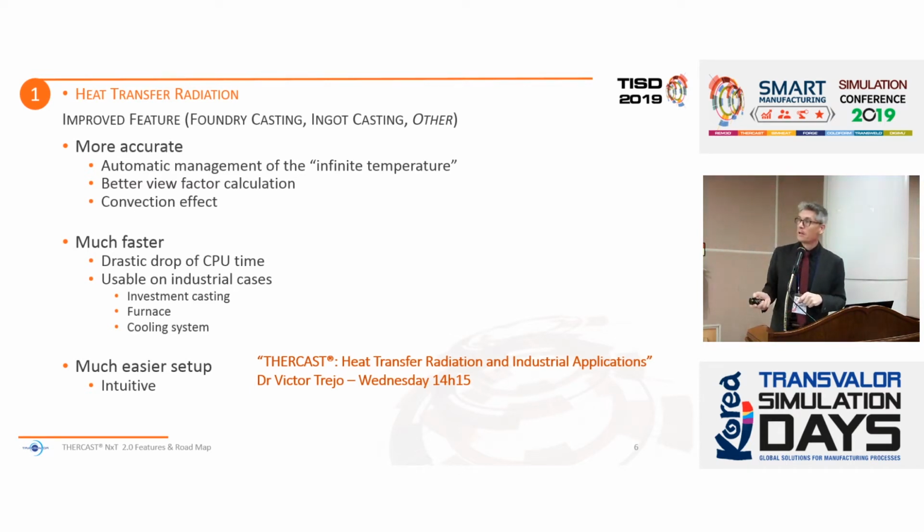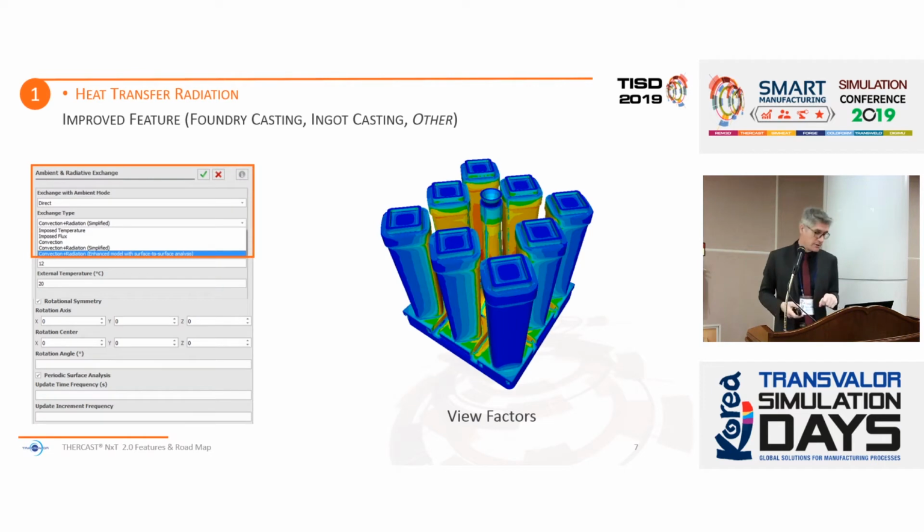cooling system. So, for example, this is an example where you have a cooling system with different ingots cast at the same time on a plate. Then you can see on the screen the effect of each one on the neighborhood. So it's not symmetric, and the result will not be symmetric at the end because of the radiation between the ingots. So that can also be taken into account.